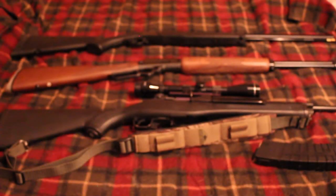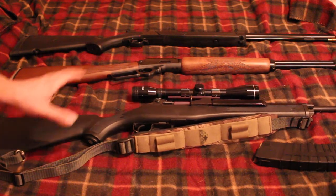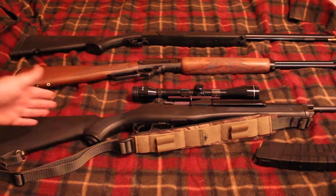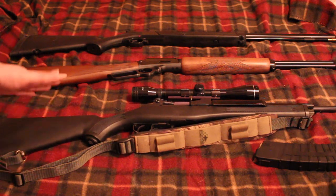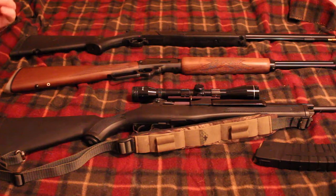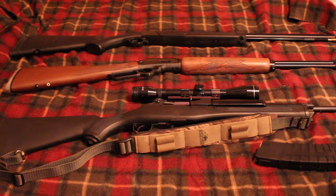I could buy some 10-rounders. I mean, I could always do that if I absolutely had to, if you want to stay legal anyway. But anyway, the Ruger Mini 14, I've always felt was a very good option for a ranch rifle or homestead rifle. And I personally feel like in my specific situation, the 223-556 is just a better caliber than the 7.62x39